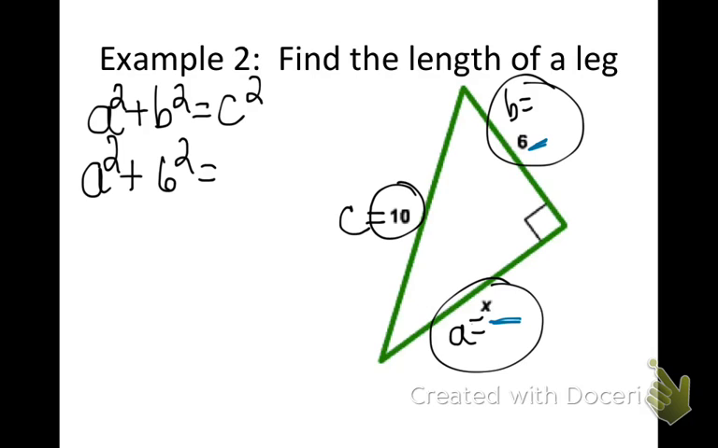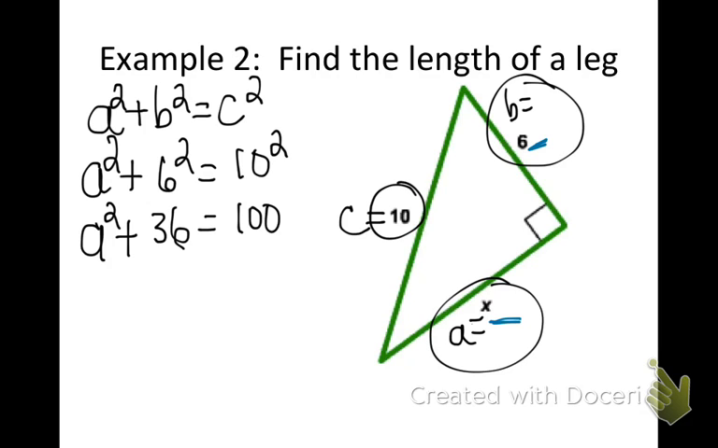And then C is 10 squared. So I still have A squared. 6 squared is 36. 10 squared is 100. Now I need to combine like terms. I want to get the A by itself, so I need to get rid of my 36, so always show what you're doing. So if I subtract 36 from each side, I get A